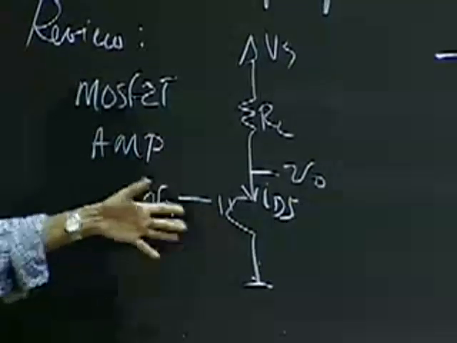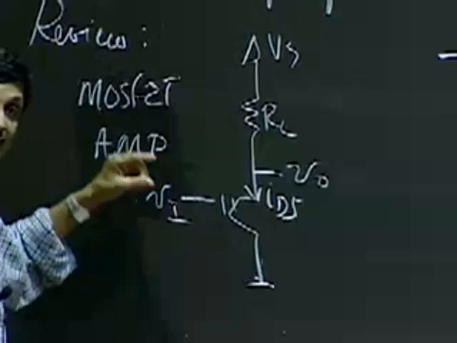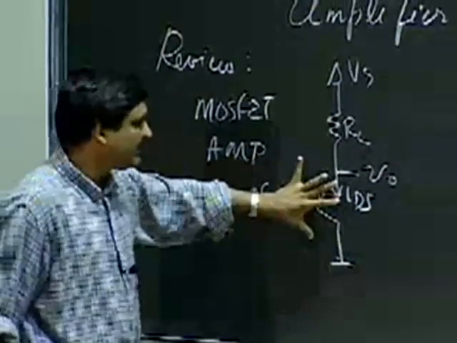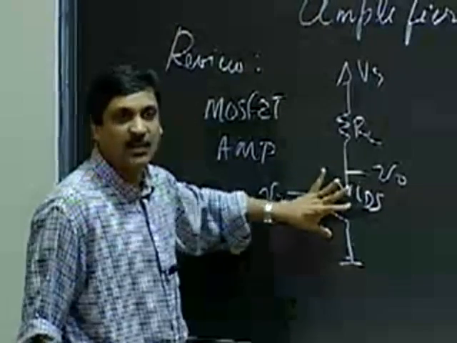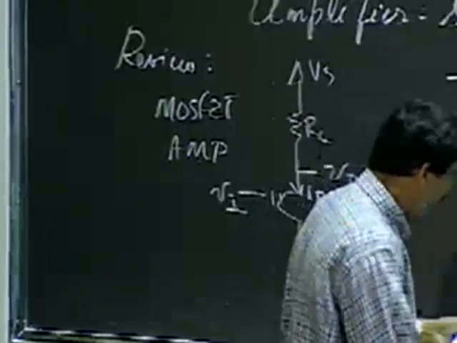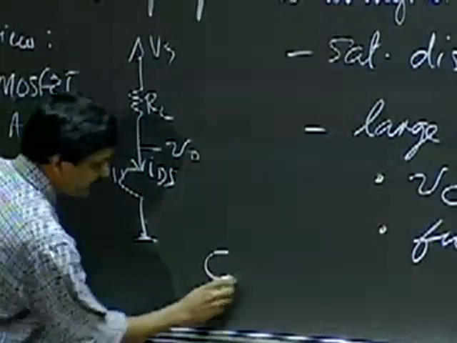So by doing this, you could first analyze the circuit, find out the bias parameters, find out the values of VI and V0 and so on, and then you could say, all right, as long as VI stays within these bounds, my assumption that this is in saturation will hold, and everything will be fine. Okay, so the reading for this is